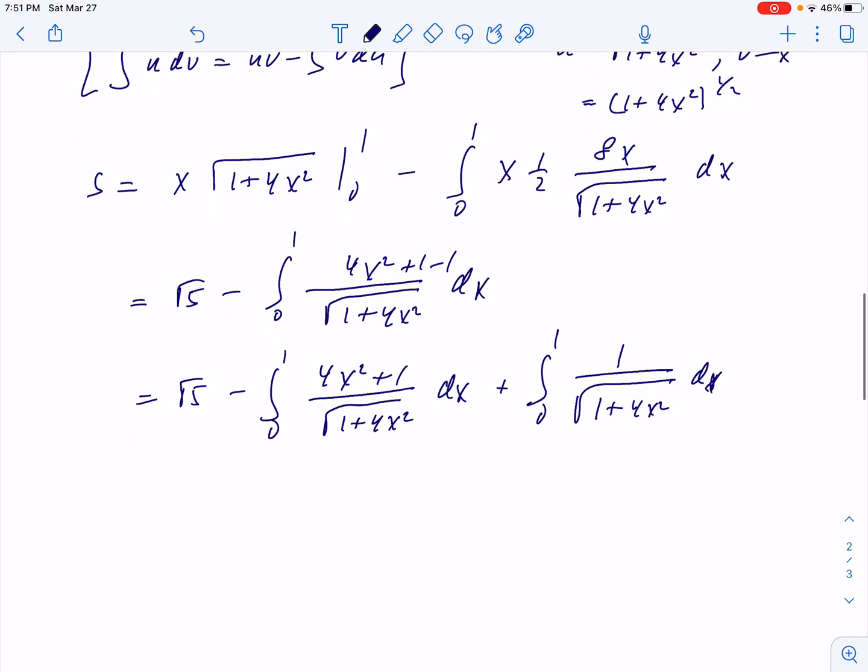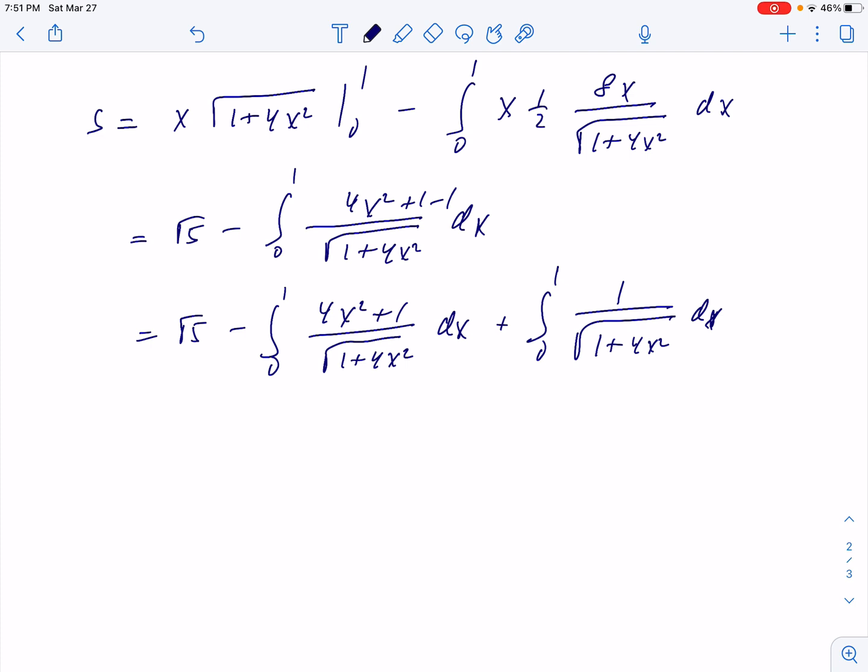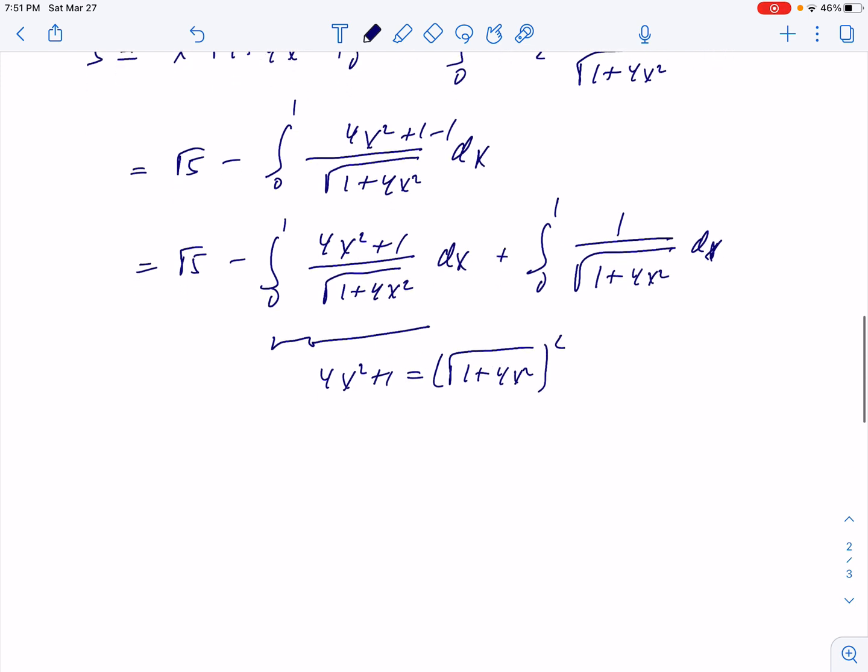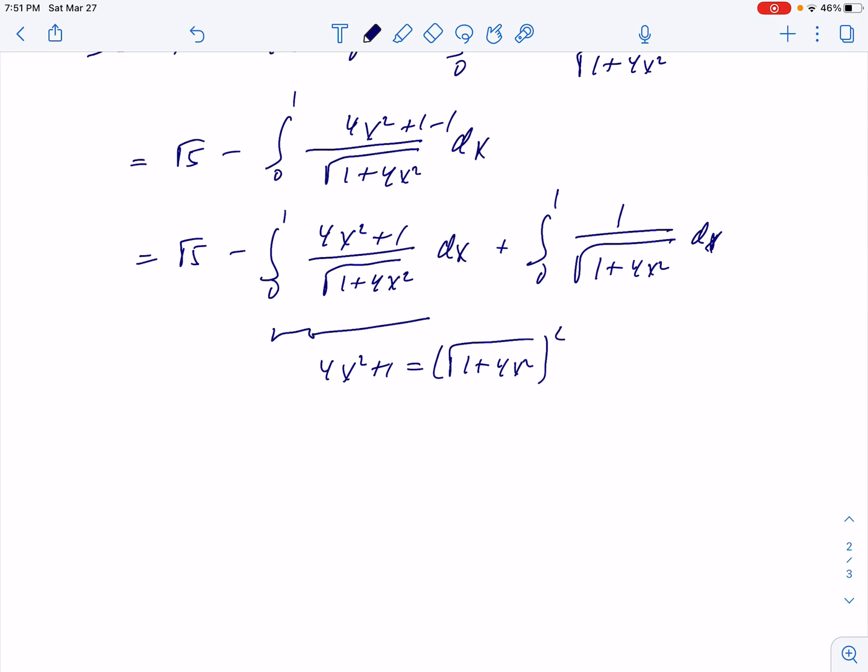Okay, in the first position, we have our initial integral, because we can write 4x squared plus 1 like root of 1 plus 4x squared squared, and reducing by this radical, this will give you exactly our initial integral. So this will be square root of 5 minus s plus,